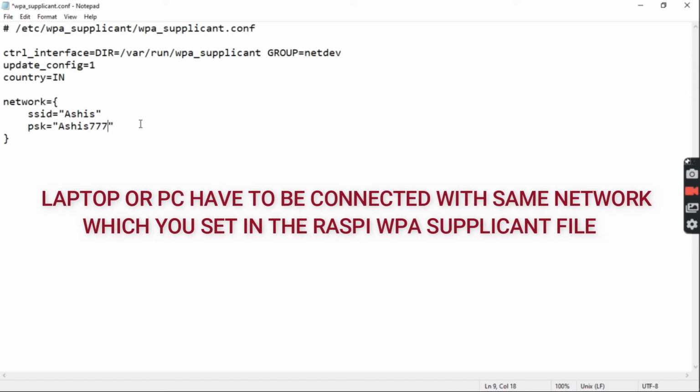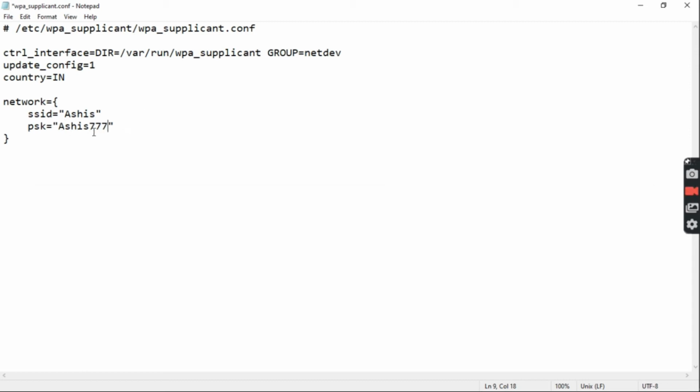It is very important that both devices are connected to the same network. If your laptop is connected with the hotspot, then the Raspberry Pi has to be connected to the same network. I have shown you how that has to be done.